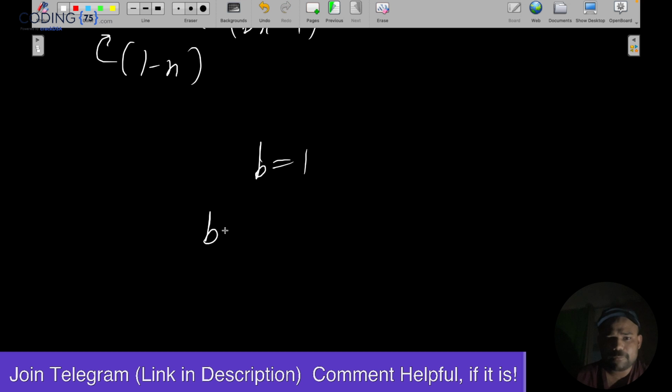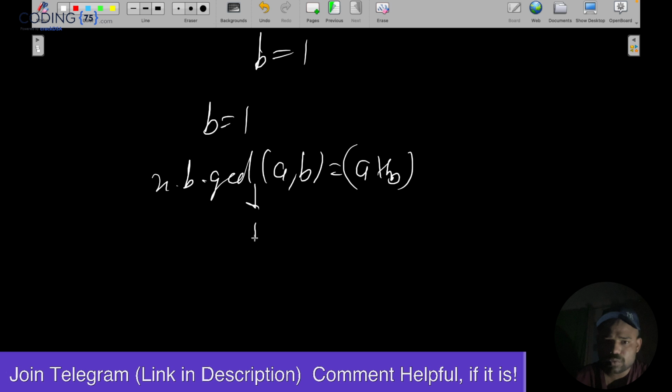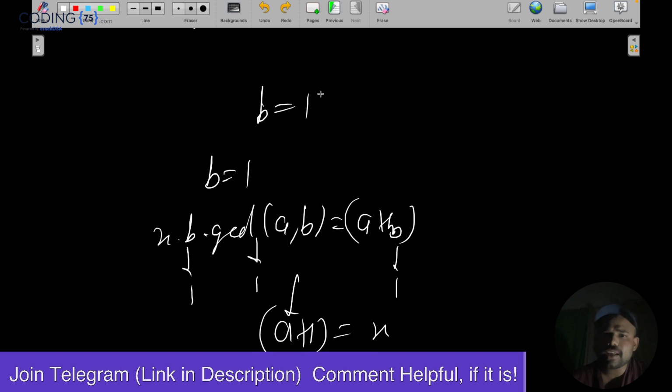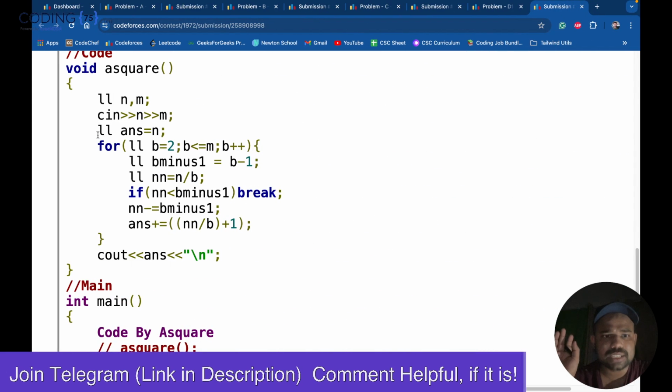See why? If B is 1, our equation was like this, so this should be a multiple, right? So if B is 1, this will also be 1, this will also be 1. So we are saying A plus B is equal to X, meaning X can be anything, X can be any multiple. Means the value of A can also be anything. So when B is 1, 1 will be paired with any of the numbers. So initially we have taken all of 1,1; 1,2; 1,3 up to 1,n. All these pairs are possible. So initially my answer is n.